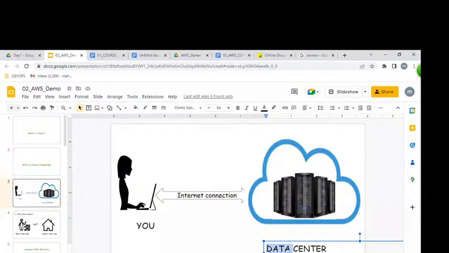Out of those, we are going to learn AWS, Amazon Web Services. Providers are different, but which provider are we going to learn? AWS, Amazon Web Services. AWS was the first cloud provider, in 2002. That is the reason it is popular, and it occupies more than 60% of the market.